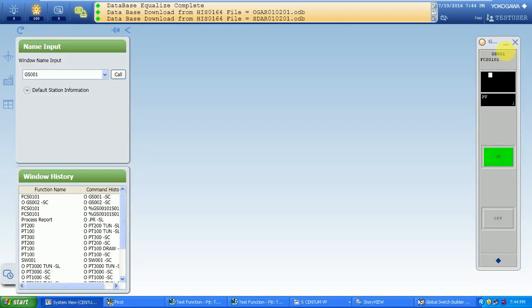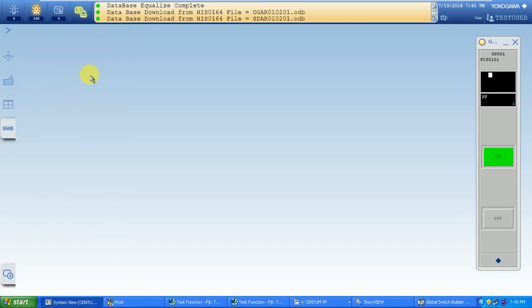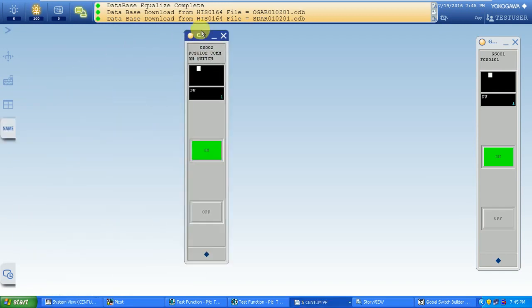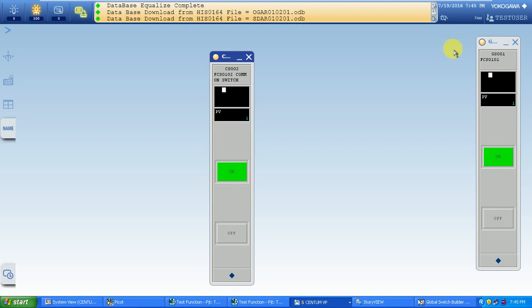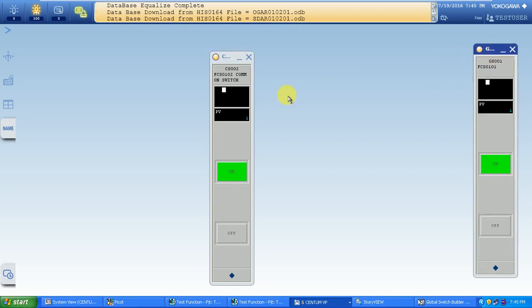Okay, close this, and we know GS001 is connected to CS002. CS002 belongs to the FCS01 common switch, and we want to read the value from one FCS to another FCS through the global switch.